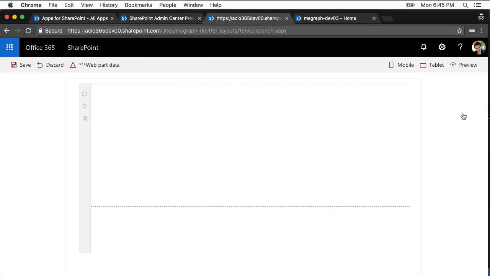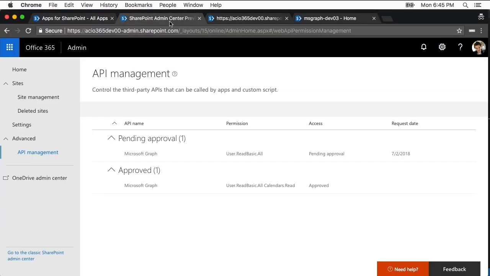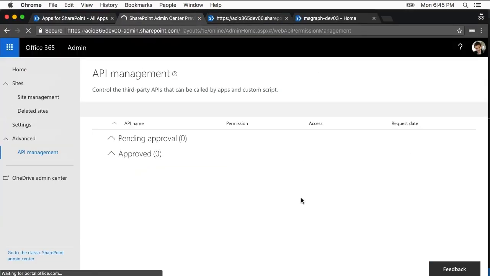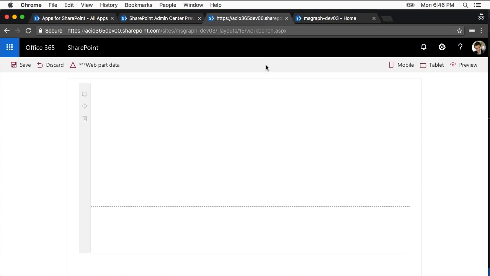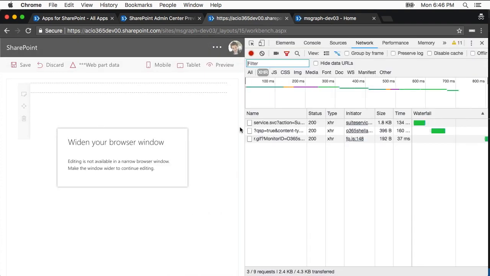Now, as a reminder, if I come over here to the admin center and refresh this page, you'll notice that I only have two scopes, User.Read.Basic.All and Calendars.Read. I don't have Group.Read.All set, which is what I need to access Planner. So let's come back over here to our workbench and I'm going to open up the developer tools